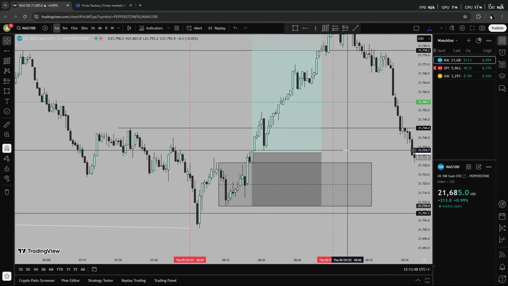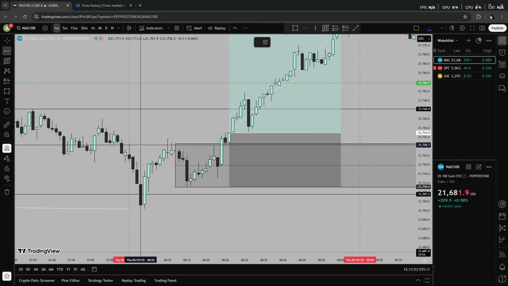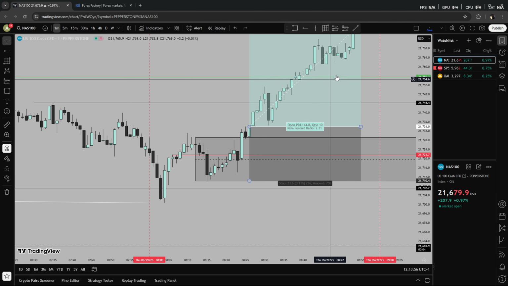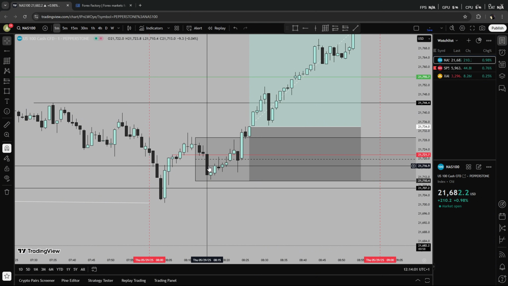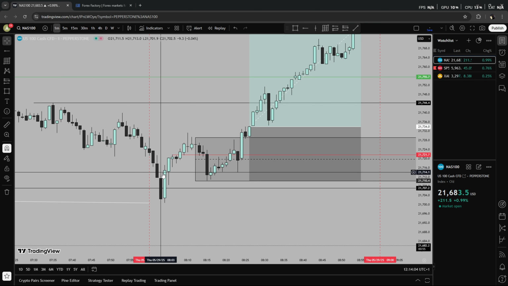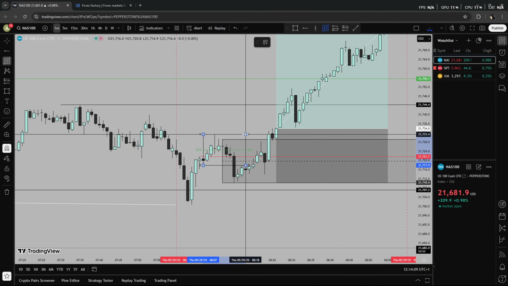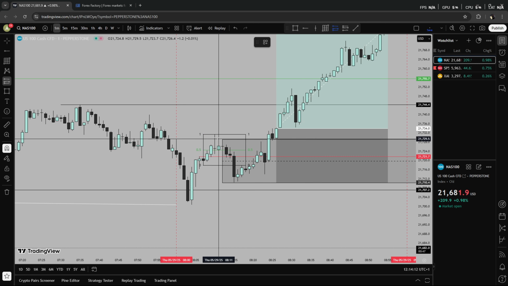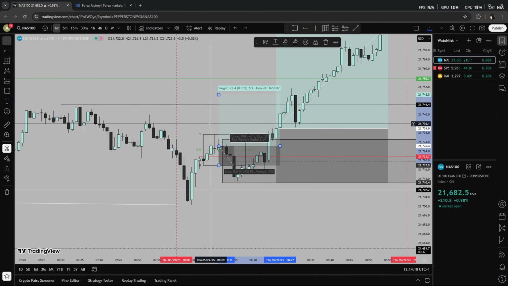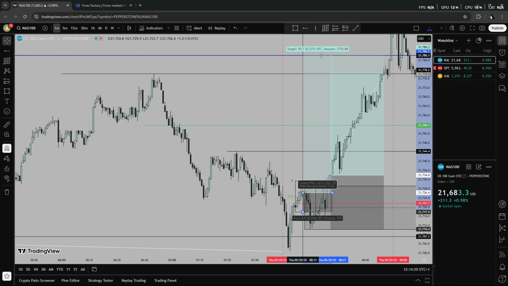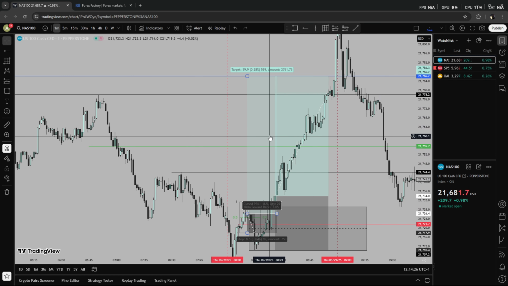Now let me tell you why I would have lost if I entered off the 1-minute breaker structure. So we get the 1-minute breaker structure here. We touch, we come down. Where is it? Okay, so we get the 1-minute breaker structure here, and then we touch equilibrium. We get buying power out of it. Set my stop loss below this low. Take profit up there, which would have got stopped out and then moved up. This was a 1 to 7.